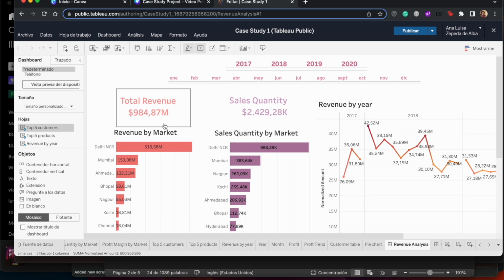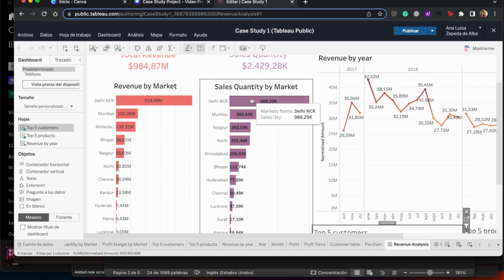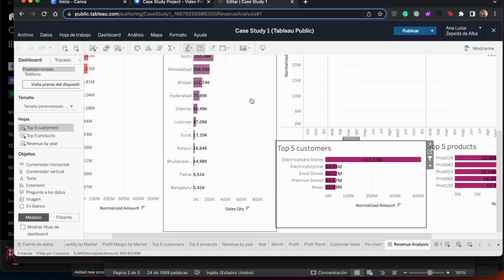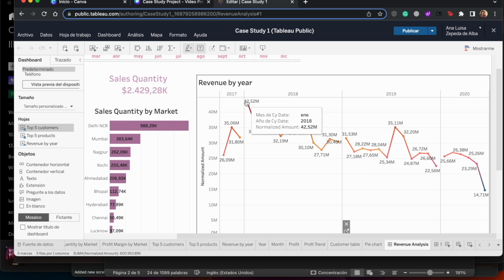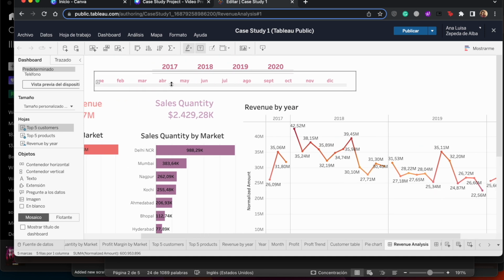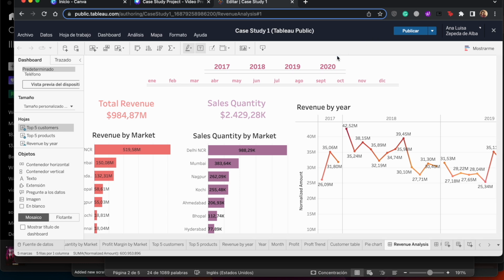In here, he can see the total revenue of all the stores, the total sales quantity, the revenue per market, the sales quantity per market. He can see the top 5 customers and the top 5 products, and he also can see the revenue per year. And in these little bars, I made this so if the sales director wants to see their sales in